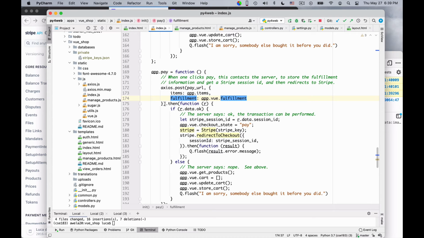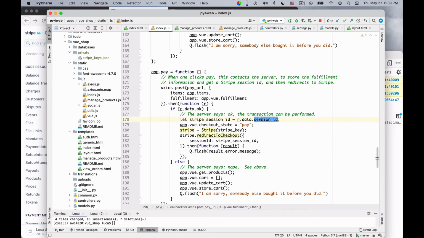You send this to the server, and what you expect is for the server to give you back an OK and the session ID, or perhaps a failure, because the purchase cannot be completed, because while you were filling in the fulfillment information, somebody else bought the products. But by far the most common case is the one in which the products are still available and you got a session ID.